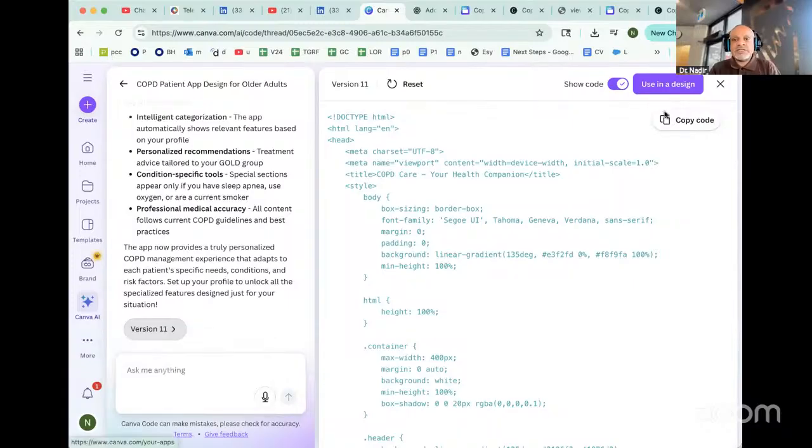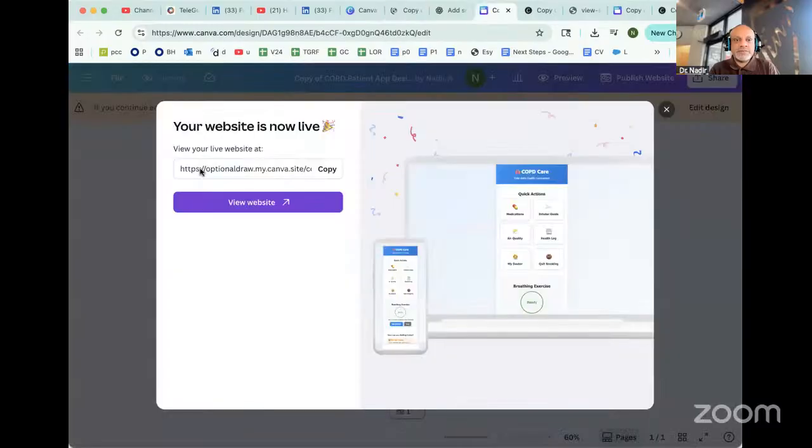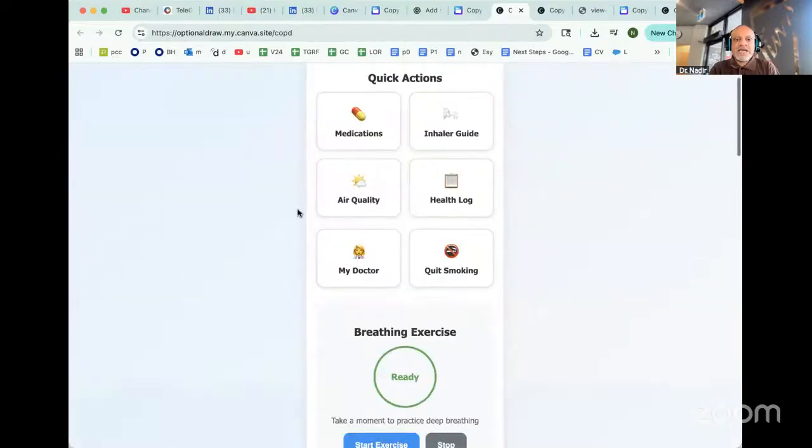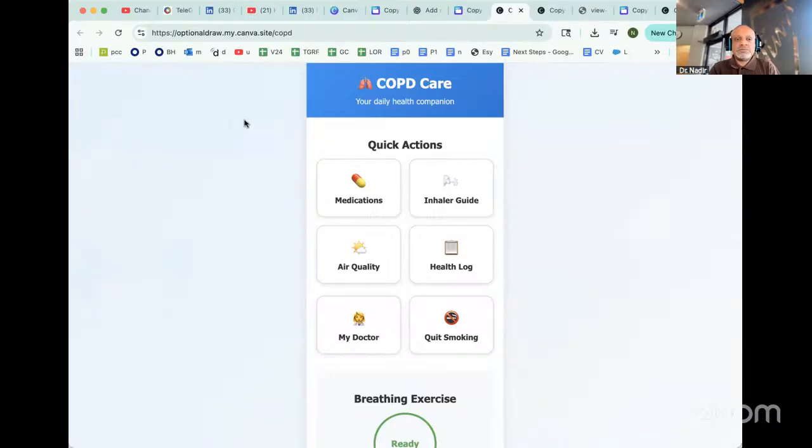The other option is to see the design and then go to a website where it will design the output for you, and publish that. When you publish it, it's going to be like this link. If you copy this link and put it here, or visit the website, it's going to come to you here. This is the final product for you. Let's say this is what Canva created for us, right? So you can save it as